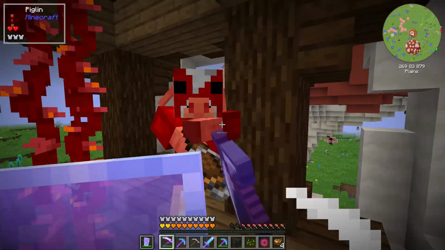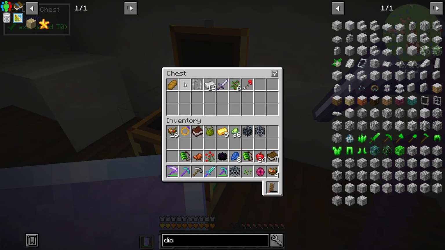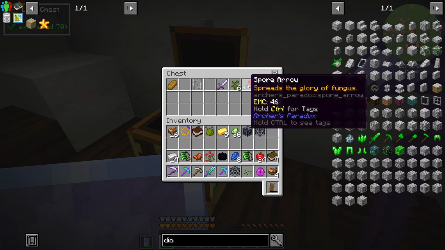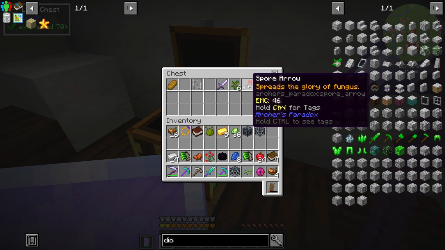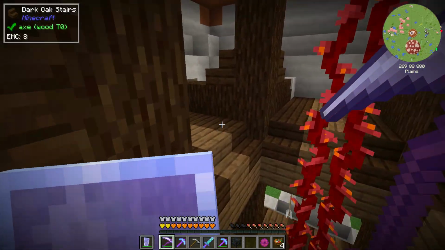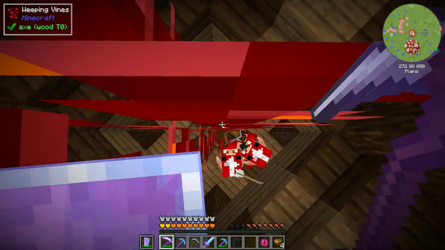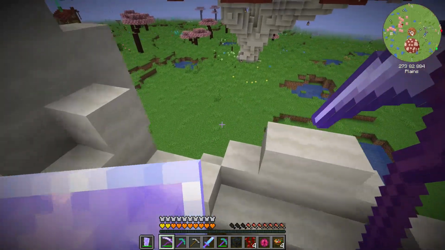I think I might remove... Oh, these are piglins. Let's see what we got. Another set of feral claws. Spore arrow. Spreads the glory of fungus. I'm going to hold on to these because I think we're going to use that. That would actually be really good with the scythe, I feel like. Now, there's another one over there. I don't know if we want to...